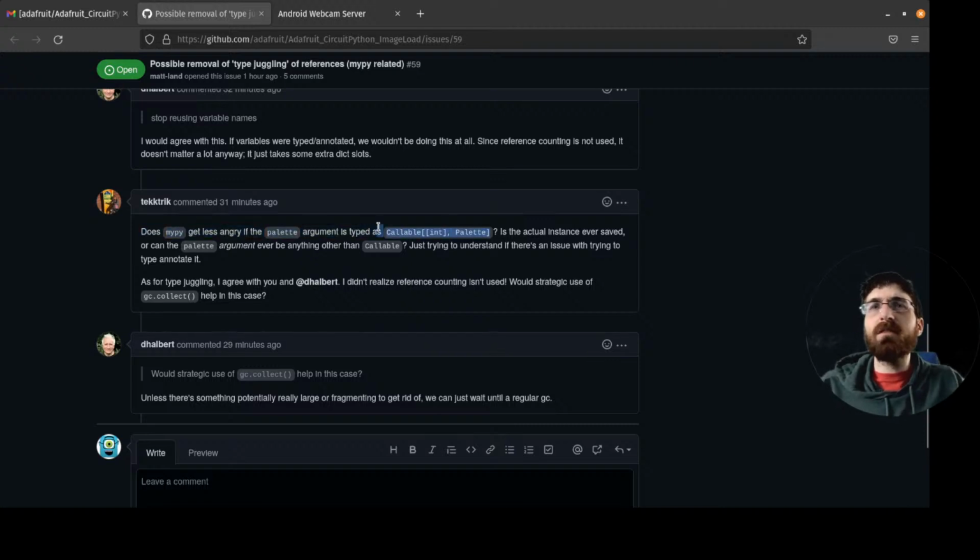I'm still a little confused about why it can be a callable or a palette. I would have expected, I think Pixel Shader might be a different class than palette, and it could be either of those. I don't know what the case for a callable instead of a palette object would be, though.